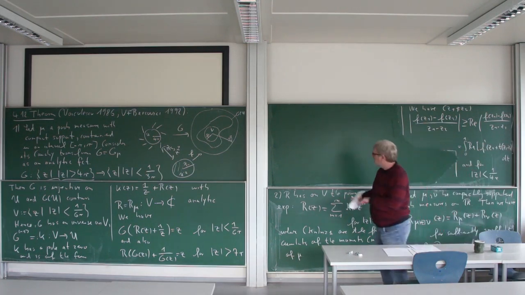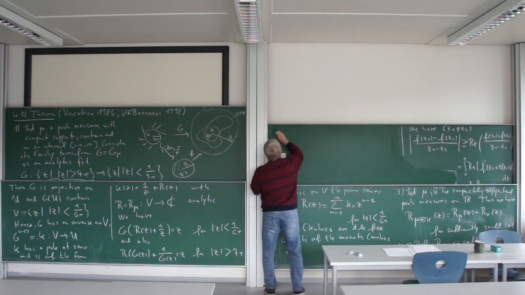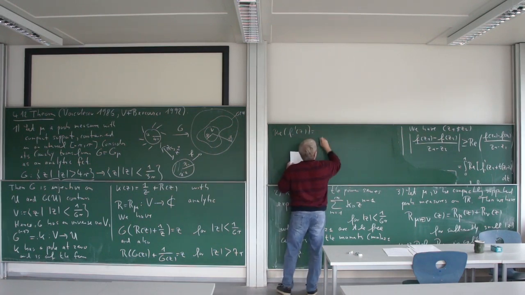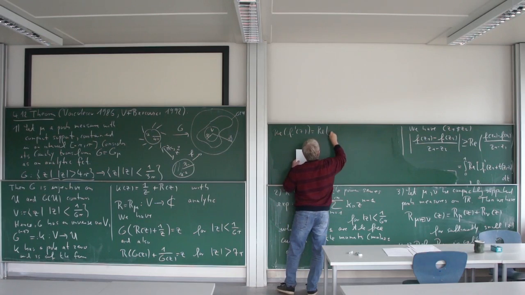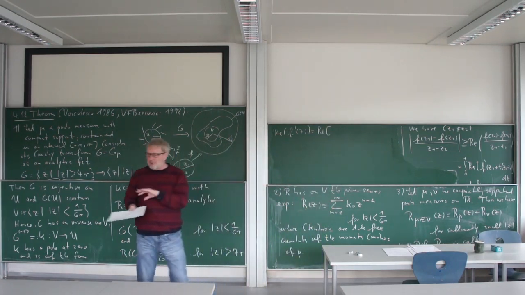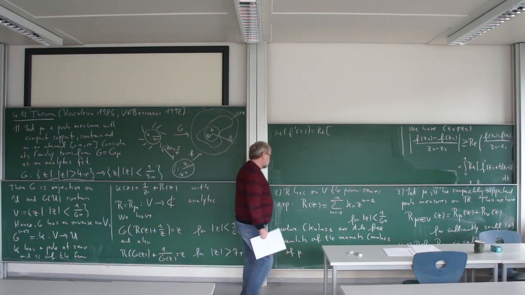And for this, I'm taking the real part, f prime of z. So this is the real part. And what is f prime? I'm in a ball where I still can use my power series expansion. So I have the power series expansion,